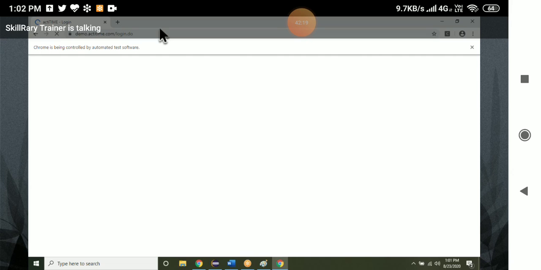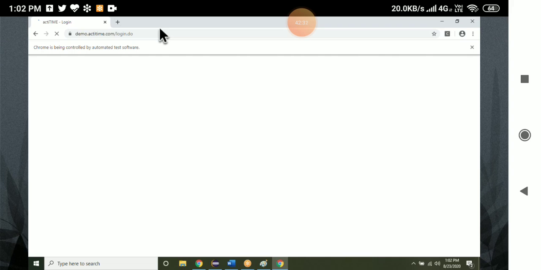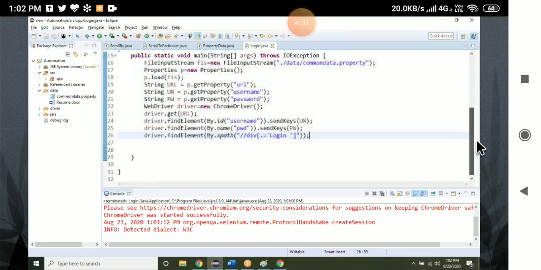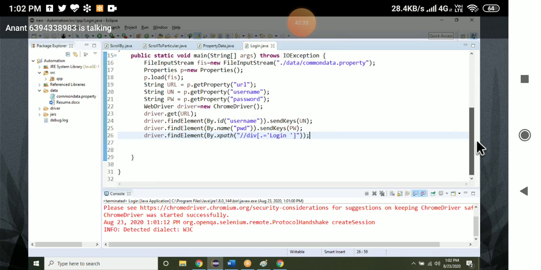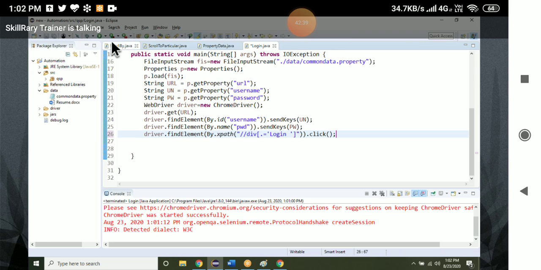The browser is done, entering the URL is also done. Then entering the username and the password is done, but it is not clicking on the login button. I explain what you are telling. Okay, I have used it, that's the reason it is not clicking. Yes, dot click.